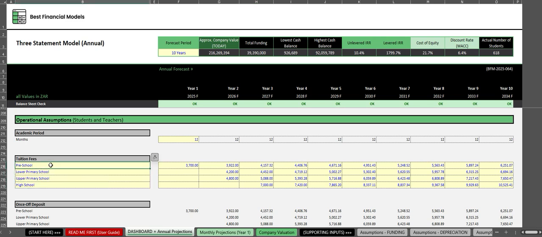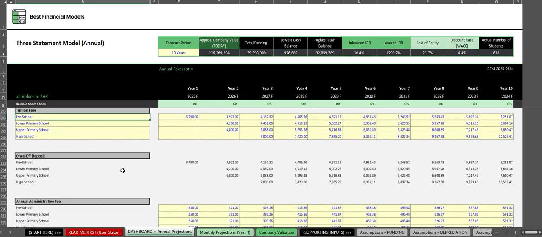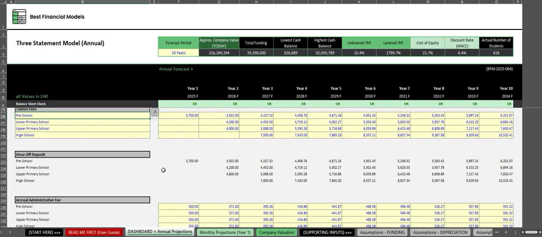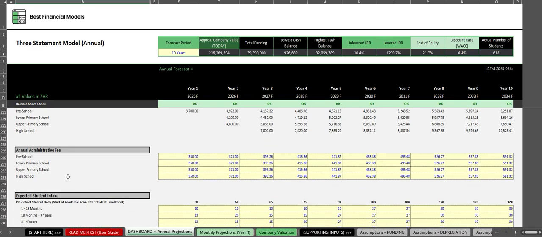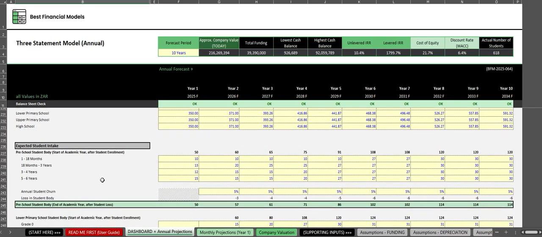In this instance, preschool, lower primary, upper primary, and high school, along with the associated tuition fees. Any deposit requirements for a student to actually join the school will automatically be housed here. Any annual administration fees, and here for the four various school divisions, so to speak,